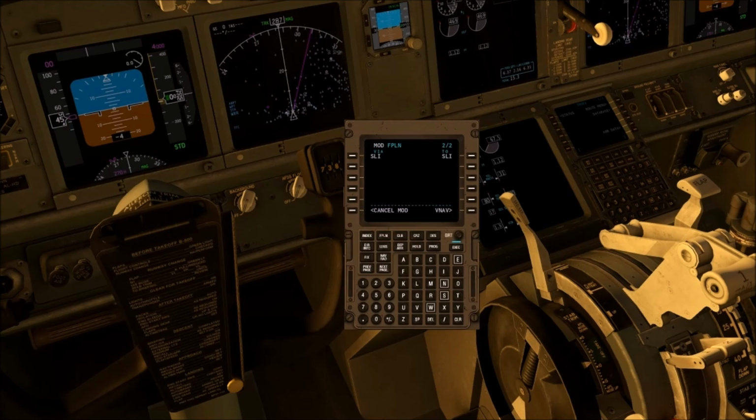If we look at that, we're basically going to do Pebble 6, which is the SID, to the waypoint Pebble. And then from there, we're going to fly via the SLI airway to the point SLI. So a few extra things that we're going to have to do here. We're going to have to manually type in the remainder of the route that's given to us by FlightAware. So Pebble 6 departure to Pebble, and then we're going to be at SLI at flight level 10, and then we are going to proceed